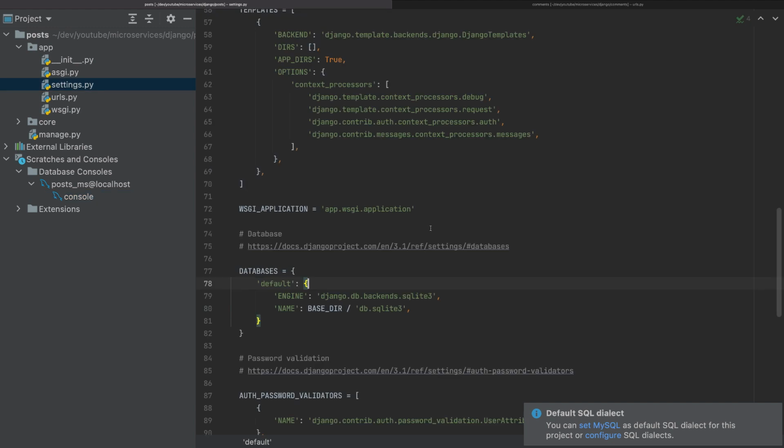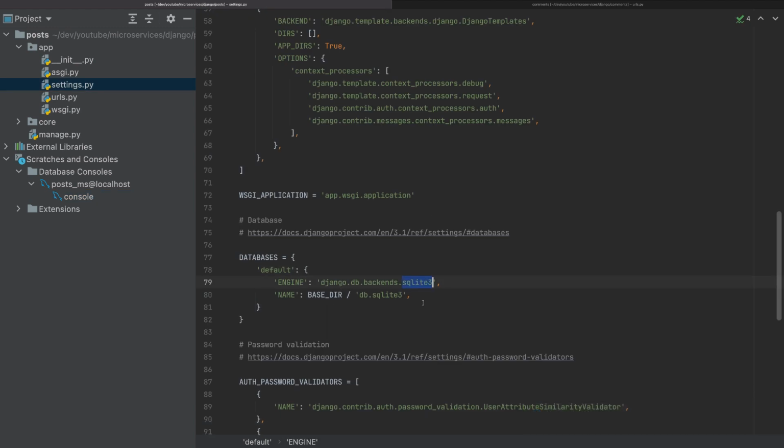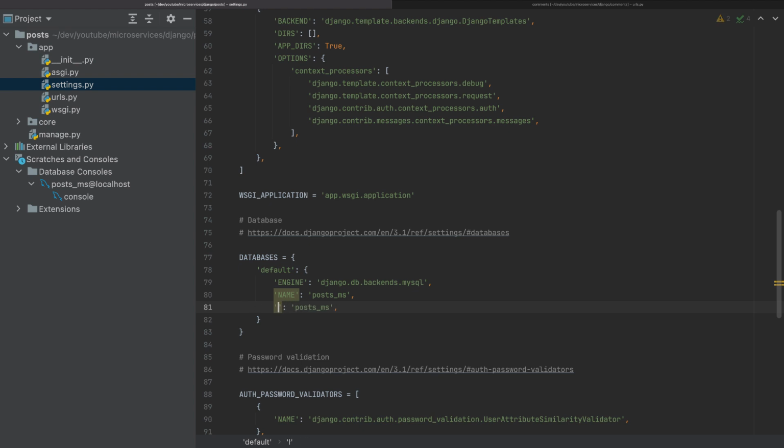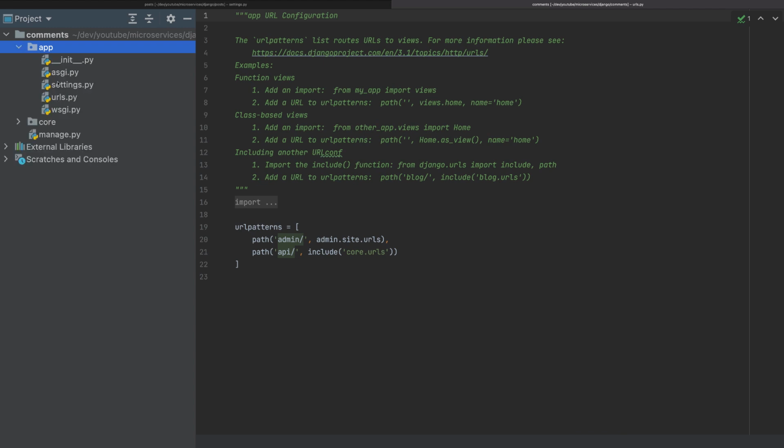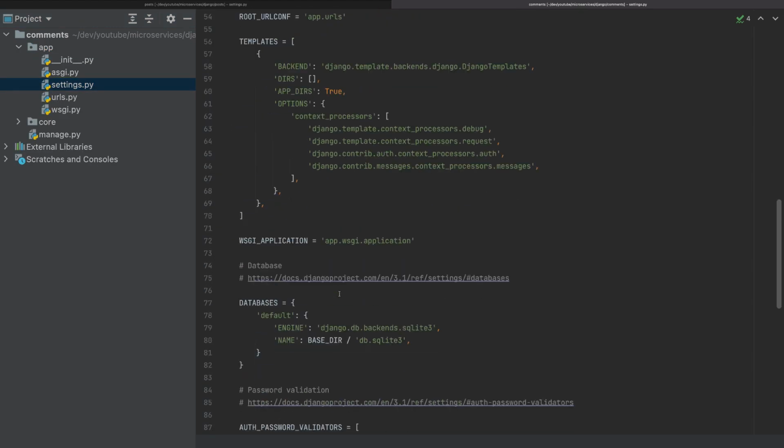So to connect with this database, in the engine here, I will add MySQL as a database. Also, the name of the database is posts microservice. We need the user, root, and the password, which is root in my case. So you should create your own database with your own credentials. I'll copy these values and I'll add them to the comments as well, but the database in this case